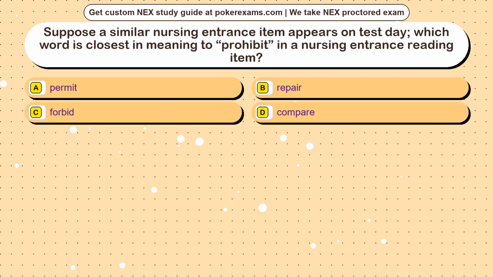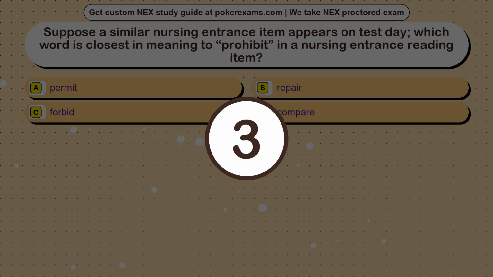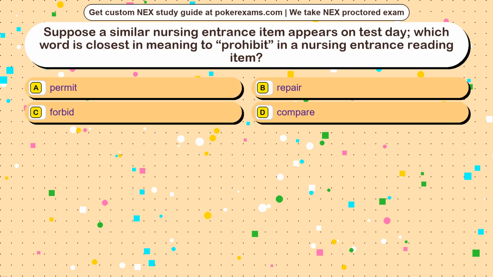Question 7. Suppose a similar nursing entrance item appears on test day. Which word is closest in meaning to prohibit in a nursing entrance reading item? Option A, permit. Option B, repair. Option C, forbid. Option D, compare. The correct answer is option